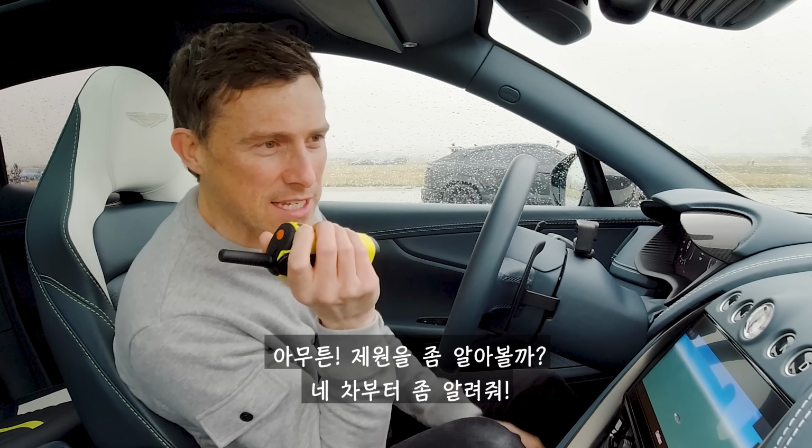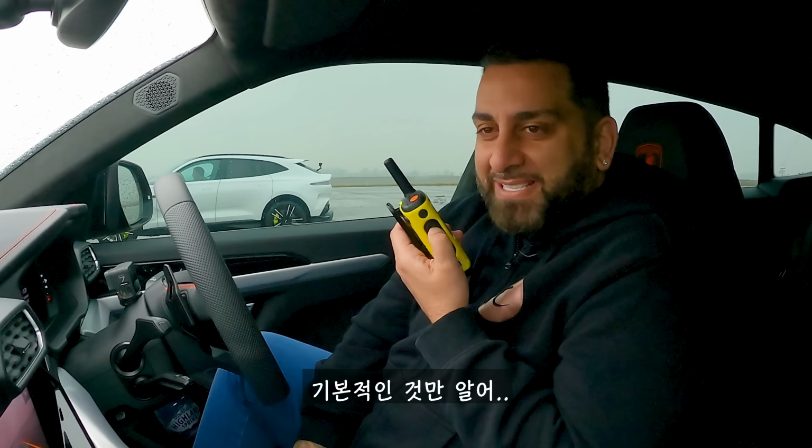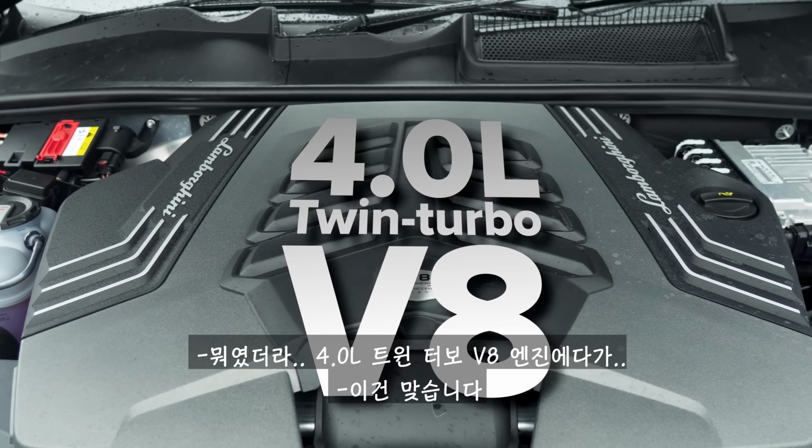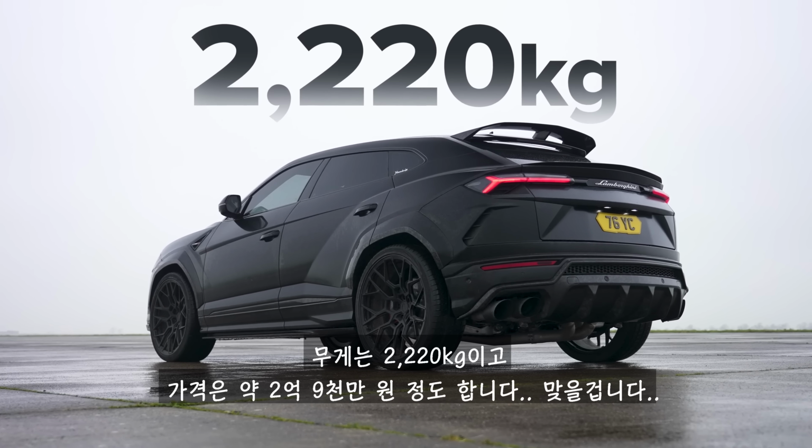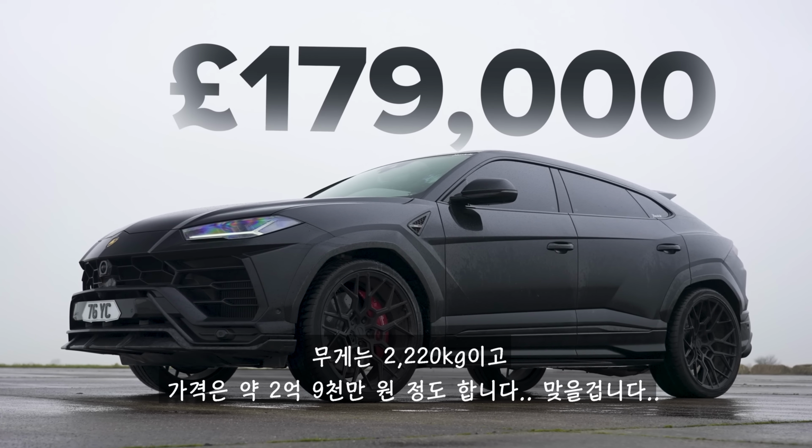Do you want to start off by giving the stats on your car? Go on. I'll give you the basic ones. What's it, 4 litre twin turbo V8. Yep. What, 660 brake horsepower, I'd say? 650. Go on, try some, what's the torque? Plenty of torque. All the torque, 850 newton meters. It's got four-wheel drive, obviously, an 8-speed automatic gearbox with a torque converter, launch control. It weighs in at 2,220 kilos, and it costs